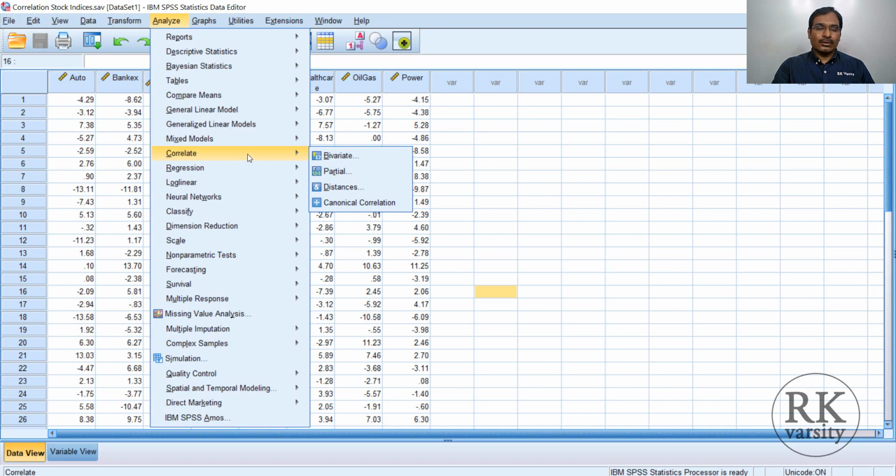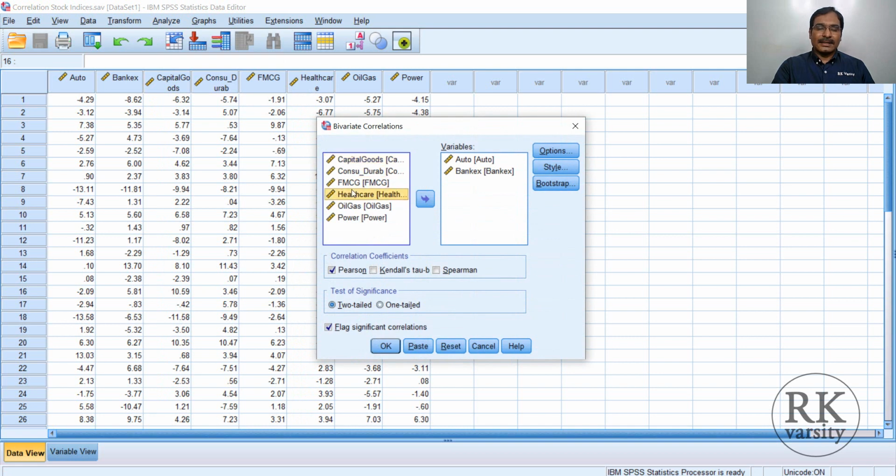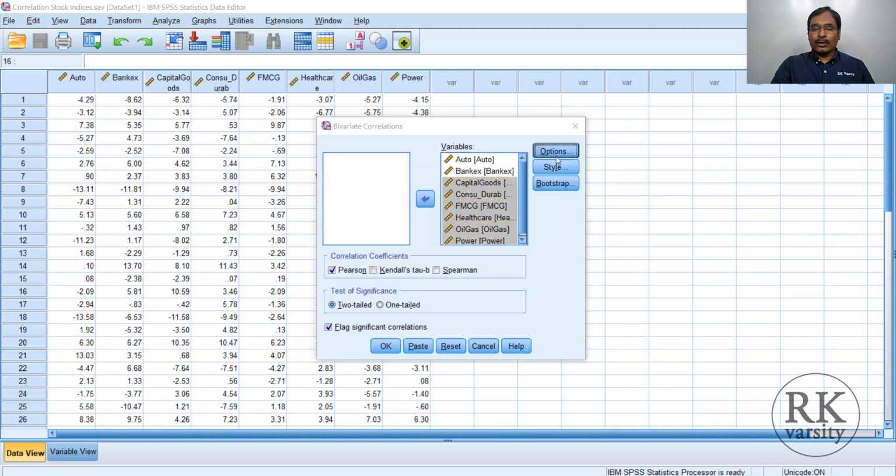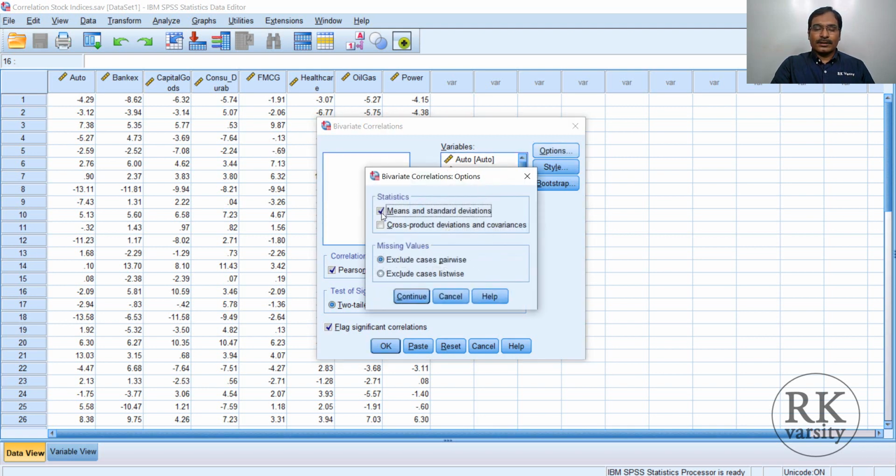For that also you can go to Correlate, then click Bivariate. Then select all the variables by holding Shift and clicking, then send them here.